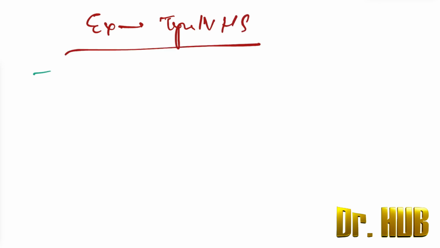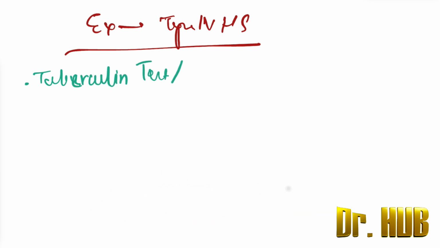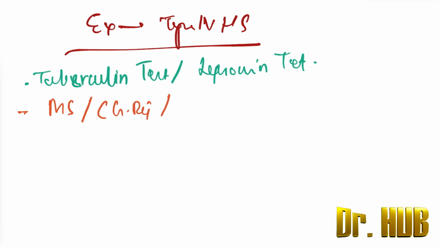Today we'll look at the examples of type 4 hypersensitivity. They include the tuberculin test, then the lepromin test, there is also multiple sclerosis, chronic graft rejection, then contact dermatitis, there is also sarcoidosis,